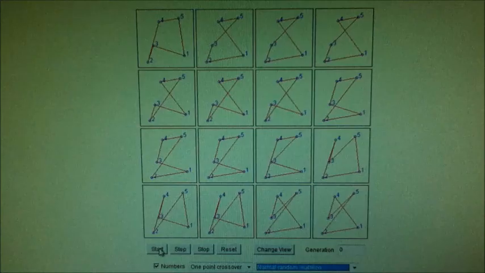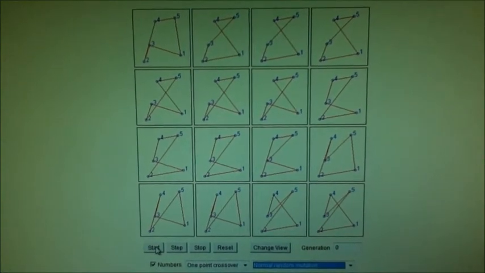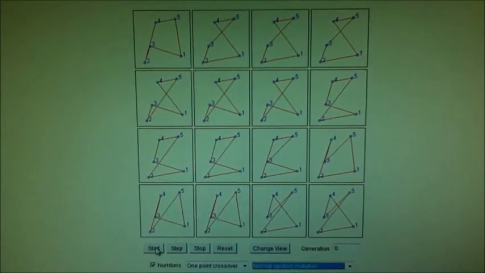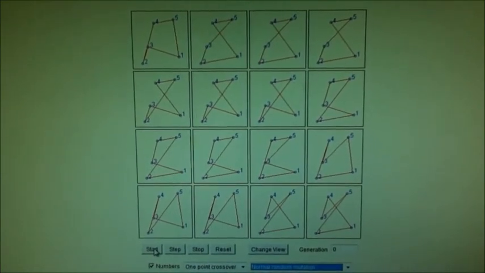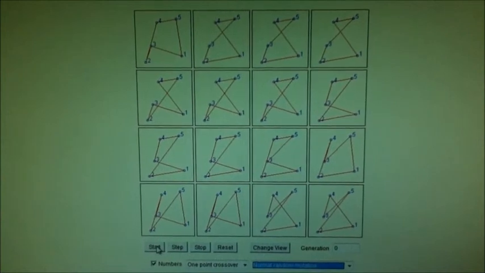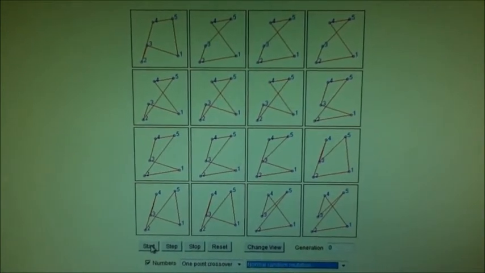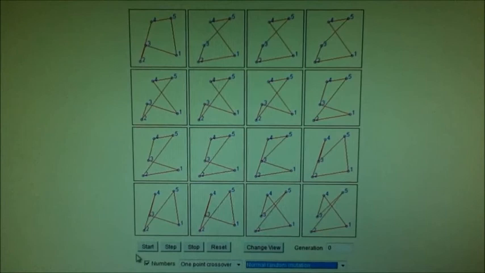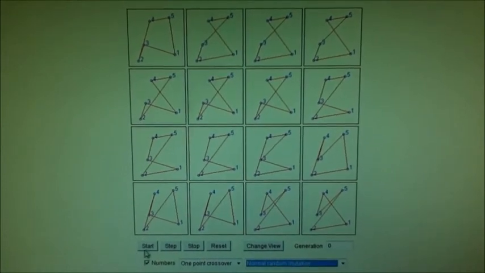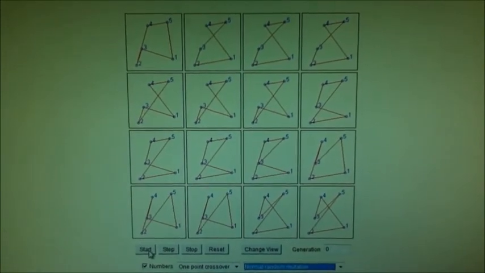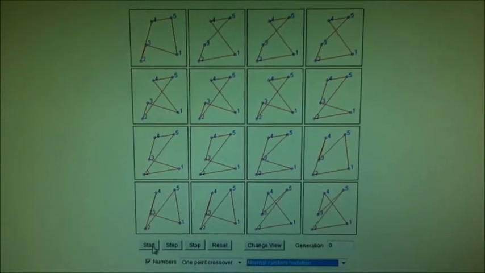Having seen the algorithm, let's look at a visual representation of it through this Java applet. This Java applet shows the working of the genetic algorithm. As you can see, there are 5 nodes in the graph here, and there are 16 arrays in the initial population that are shown in front. Currently, we are using the normal random mutation technique, so let's see in how many generations we can arrive at a solution using this.